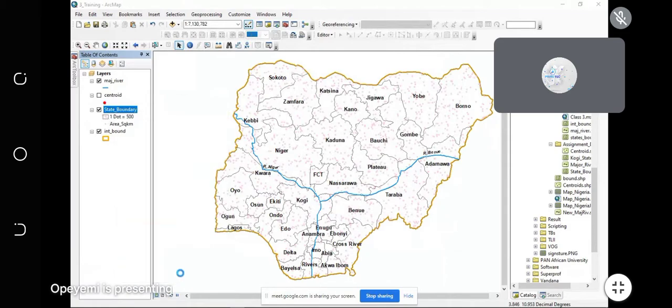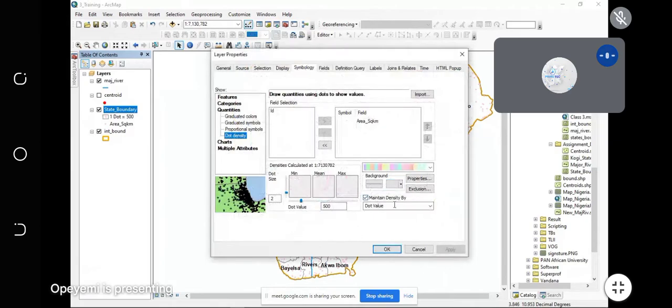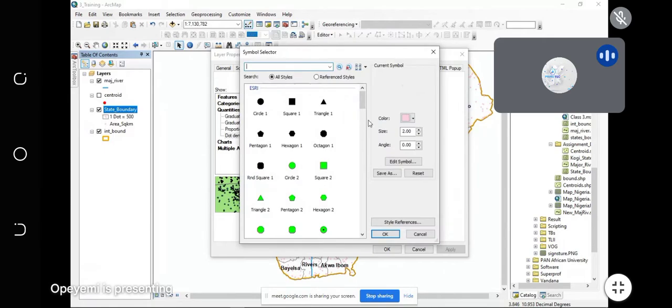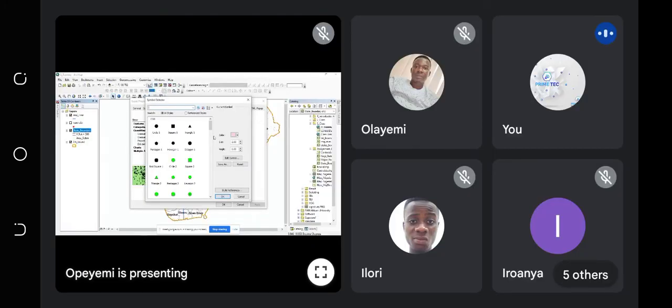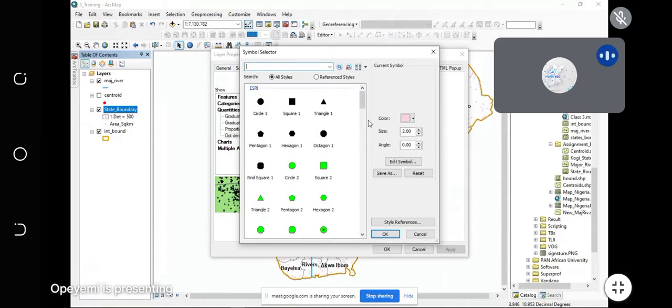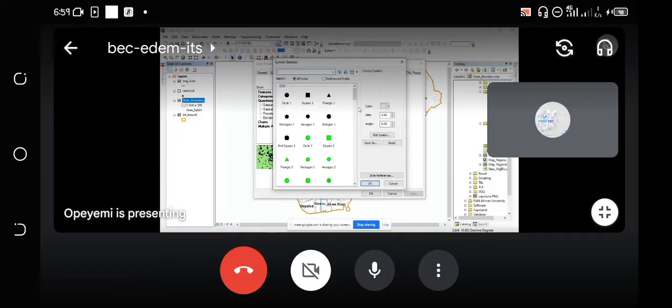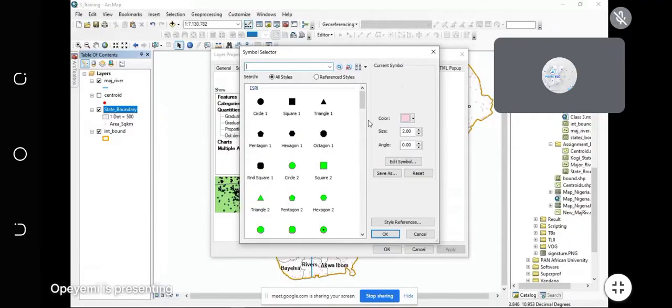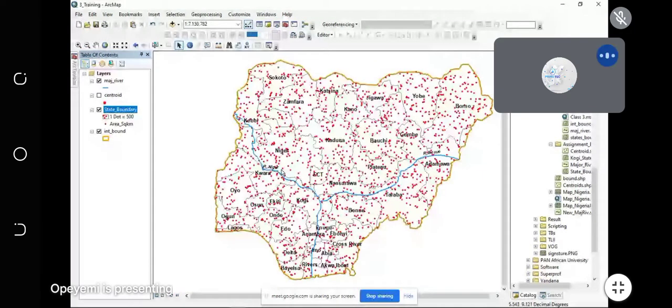Hello, are you there? All right, very good. So you can actually change the color of the dots from here. Just double click on it on this particular place. I think my screen is frozen again. Okay, but can you see my screen, please? Hello, can you see my screen? Is it still active? Oh, very good. Can you see that I've changed the